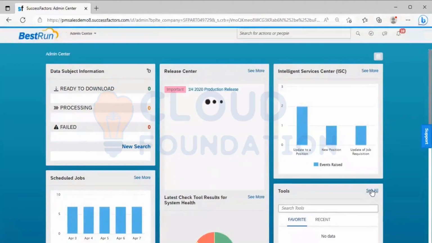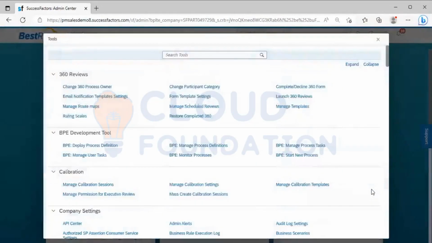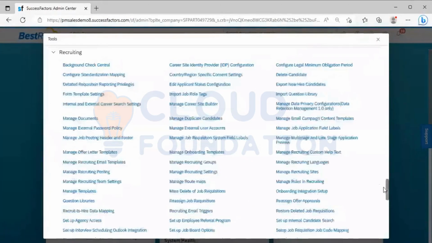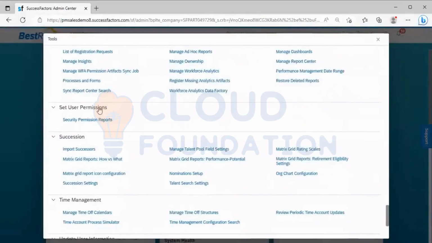I will click on See All, and I will scroll down to set user permission. Can you see here a set user permission? It's not having any permission, right?